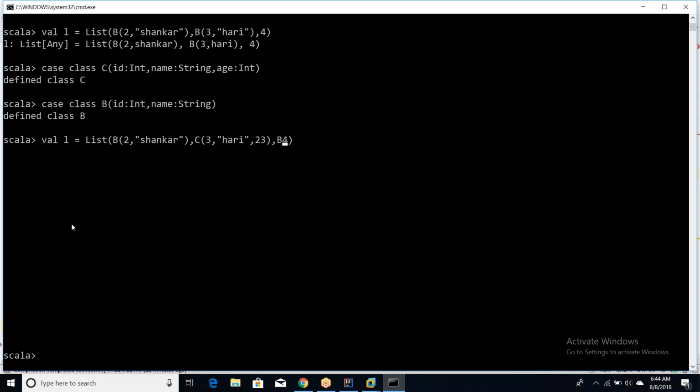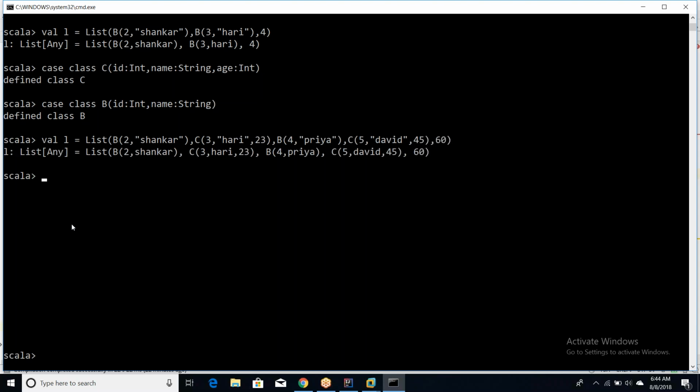And let me use B again, B of 4, Priya. And C of 5, David, 45 is fine. And finally 60. So in this list we have 2 objects of class C, 2 objects of class B, and one integer 60. Now I can write, for i equal to L,